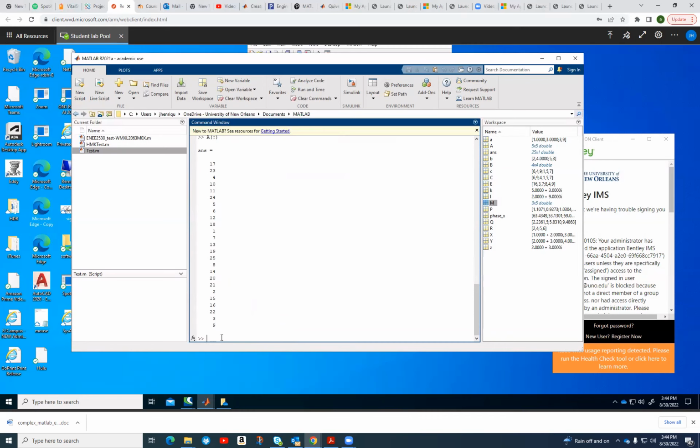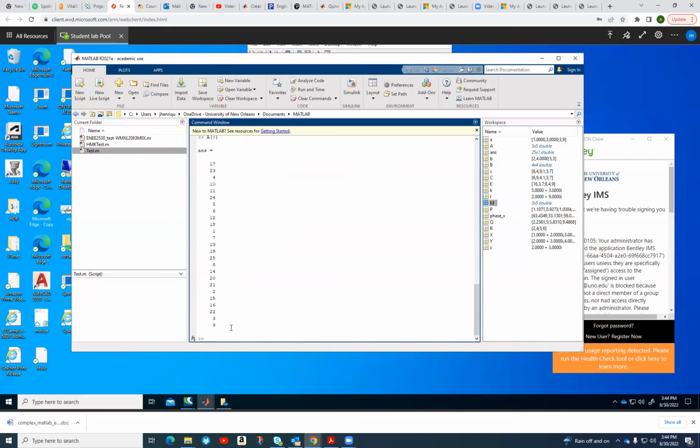And in fact, matrix elements in MATLAB are stored as a single list. They're stored just like a single line. In other words, it continues from the first element in the matrix to the last element in the matrix in this order. So this will be the first element in the matrix, and it just follows this order here. It goes from here to here to here, sort of like a snake, till it gets to the 9 here. That's the way